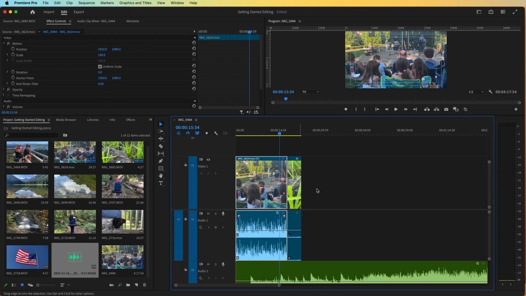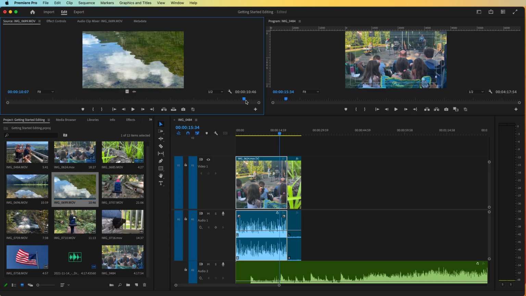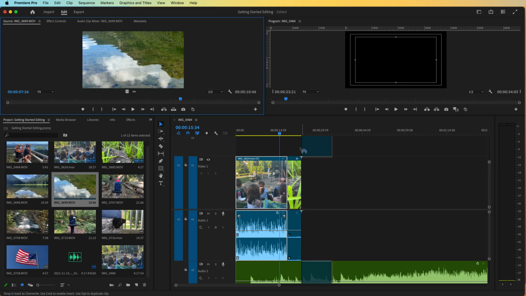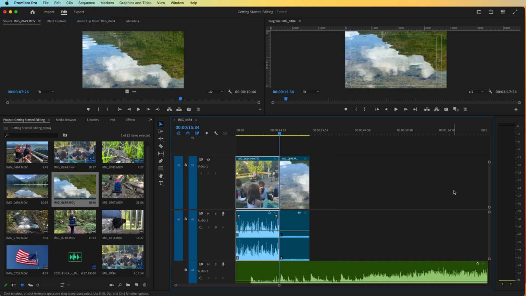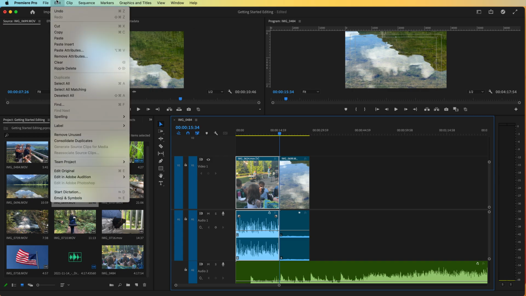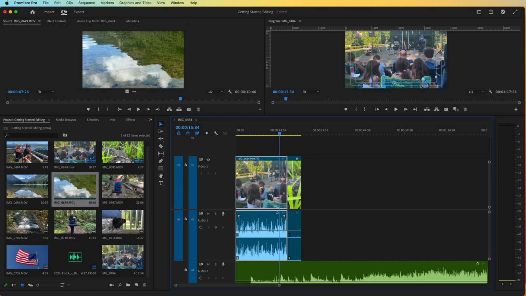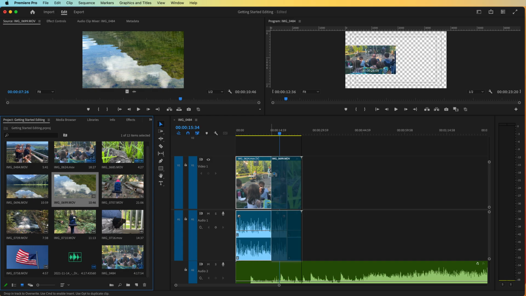One other thing I wanted to point out is this. I'm going to take this shot right here, take the whole thing and not bother clipping it. If you take a clip and you put it in between a clip, it overwrites it and deletes everything out of the way. So I'm going to go Edit, Undo to back that step up. If I'm holding that clip, you'll see a symbol right by the mouse cursor that shows you what it's doing. And if you hit